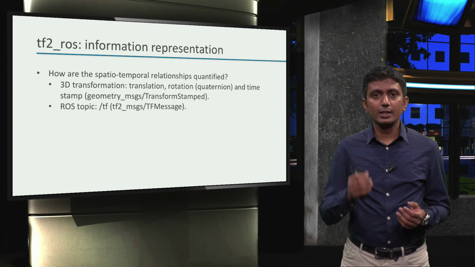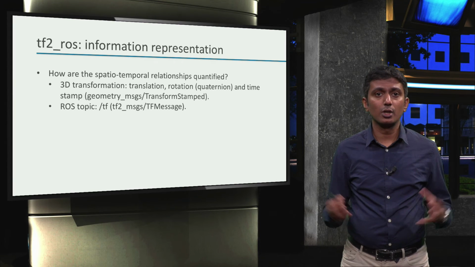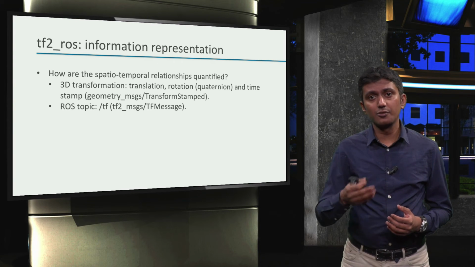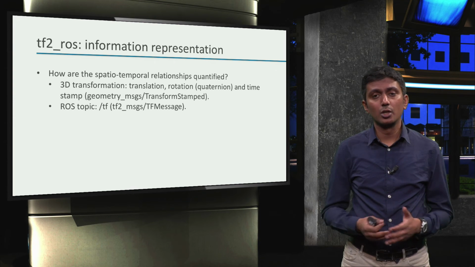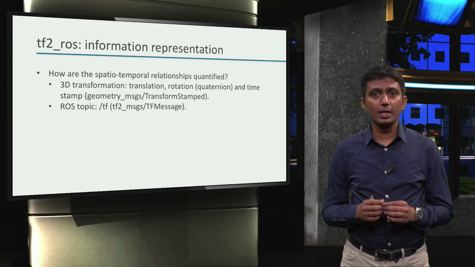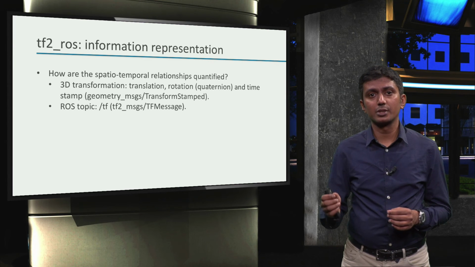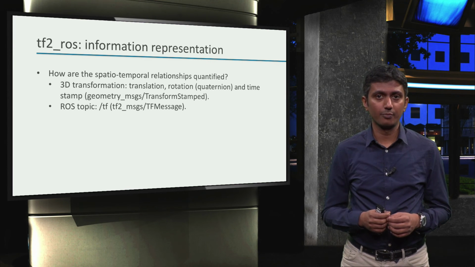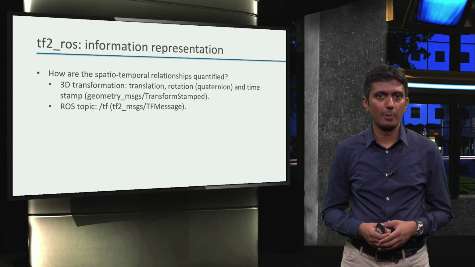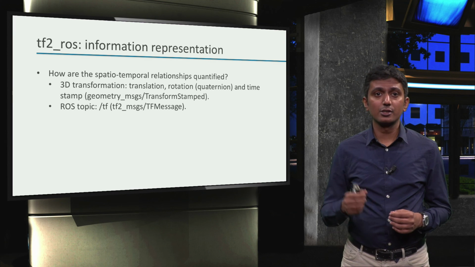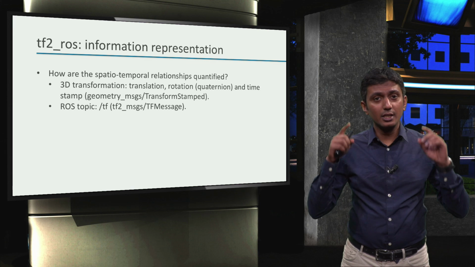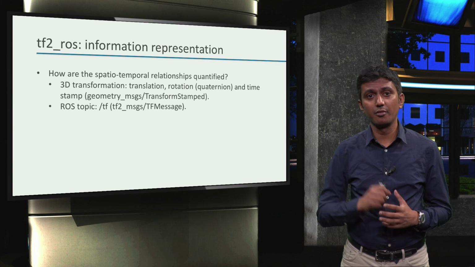And the TF topic is used to aggregate all transforms from our environment so that transform information can be made available to all ROS nodes in our application. The TF topic carries the tf2_msgs TFMessage data type, which is just an array of TransformStamped message types. Note that it was because of this topic TF that we were able to check the TF checkbox in RViz when